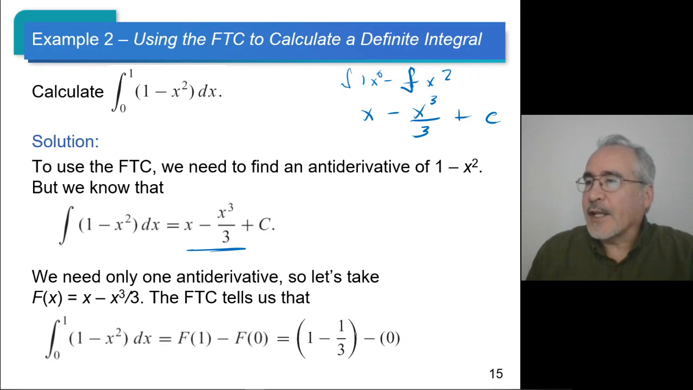Okay, so this was the second part. So we do the calculation, 1 minus 1/3. That's going to give us 2/3. I'll click the button, and there it is. Again,